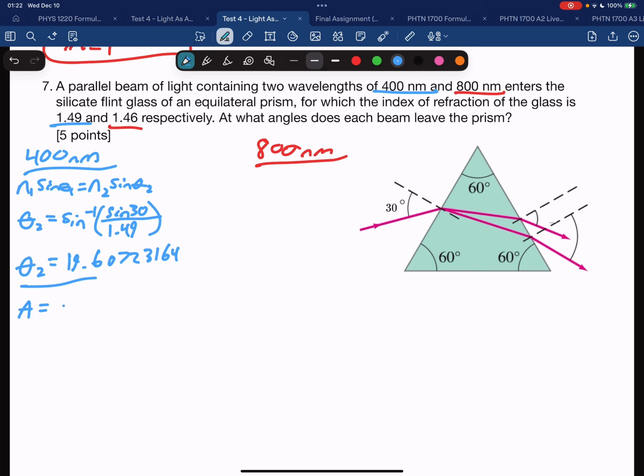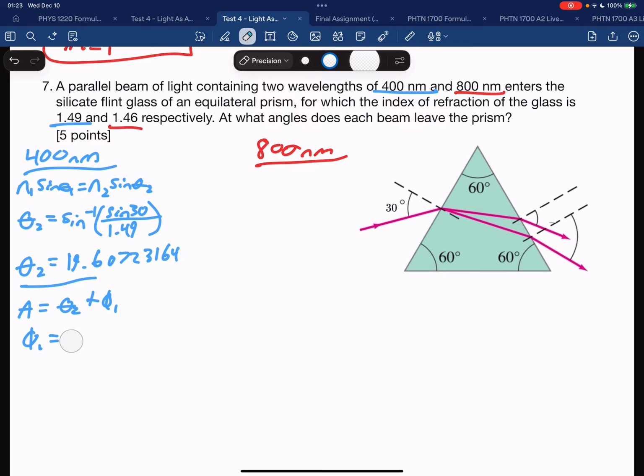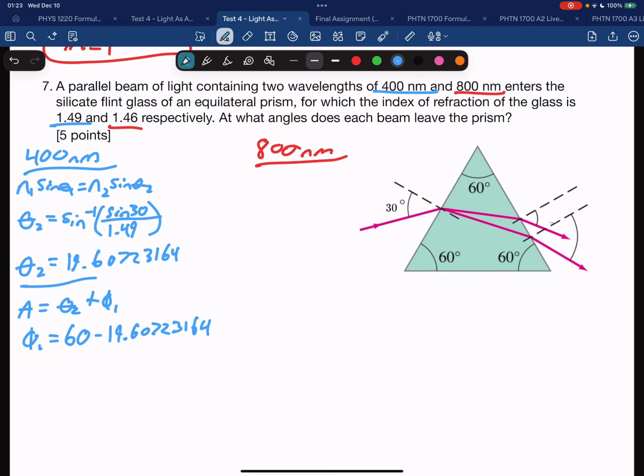We're going to use our little geometry formula here and rearrange this for phi 1, which is just going to be A minus theta 2, where A is 60 degrees minus the 19 degree value we just calculated. And that makes phi 1 equal to just a little bit over 40, specifically